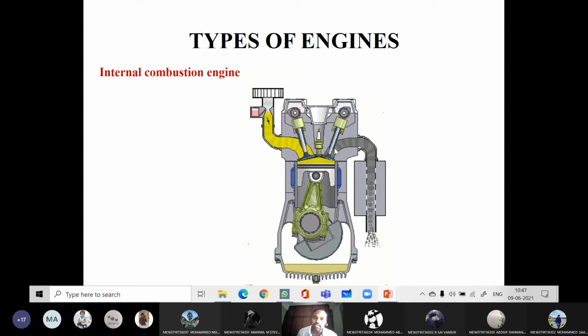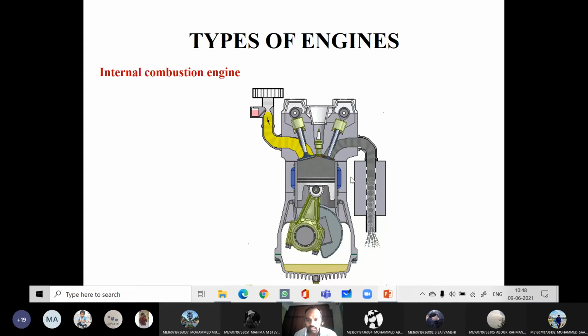Thereby the combustion is initiated. As I told, during the compression stroke, the air is compressed to a temperature of auto ignition temperature of diesel, the self ignition temperature of diesel. At that time, if you inject the diesel, automatically the combustion will take place. Those are the two differences between petrol engine and diesel engine. One is during the suction stroke: in petrol engine, air plus petrol will enter the engine cylinder, whereas in diesel engine, only air will enter the engine cylinder. And at the end of the compression stroke, spark is initiated in petrol engine and diesel is injected in diesel engine. Those are the two differences. Clear now?